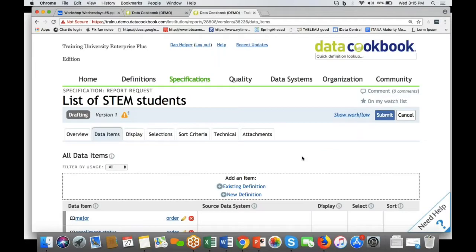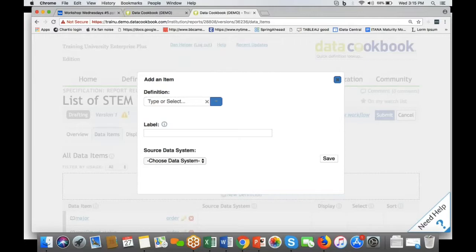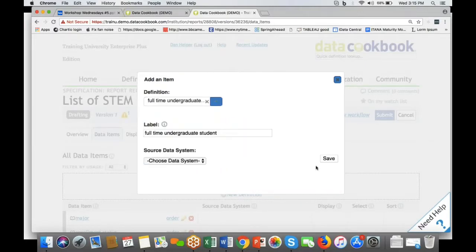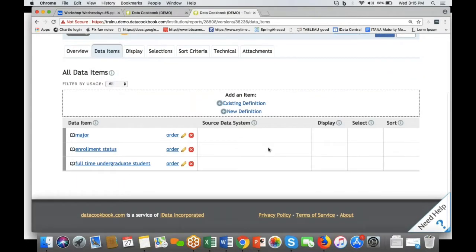And we're going to communicate that we need that enrollment status to be active. And the last one, a couple more we're going to do, is he only wants full-time students. And we're going to stop there. And he's going to go back over, now that he went through those definitions, he's going to go back and